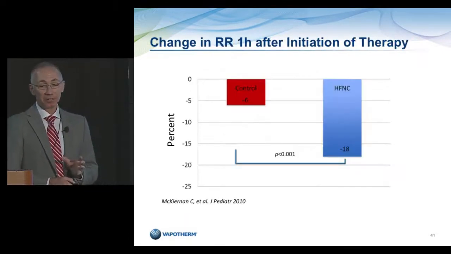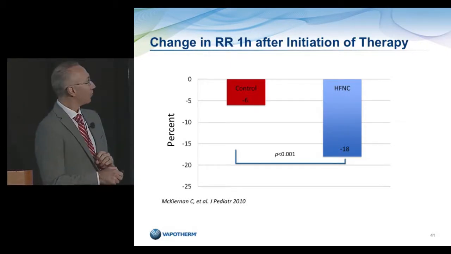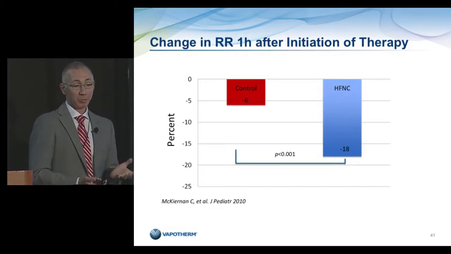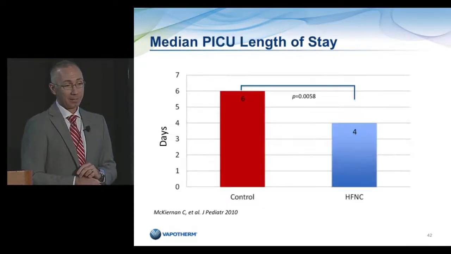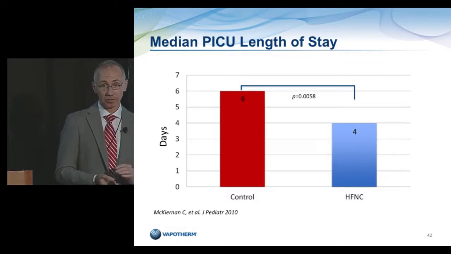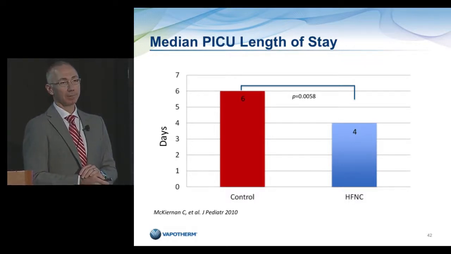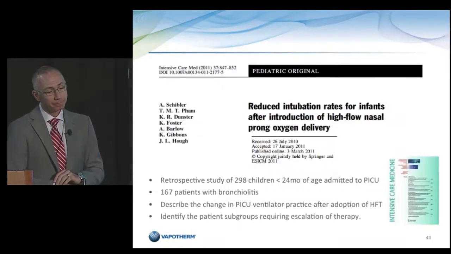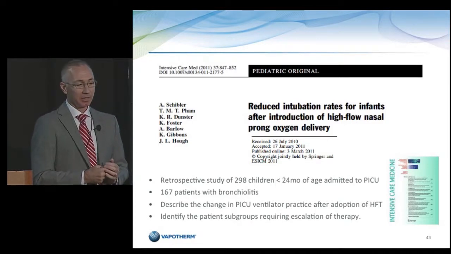From a physiologic variable standpoint, respiratory rate decreased significantly, 6% in the control group, 18% reduction in respiratory rate in the high flow nasal cannula cohort. And the PICU length of stay was also significantly reduced, probably as a reflection of the lower need for mechanical ventilation in this study. The last study I want to talk to you about is an Australian study published a